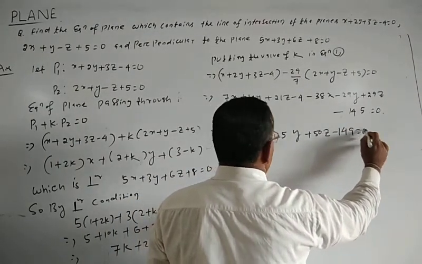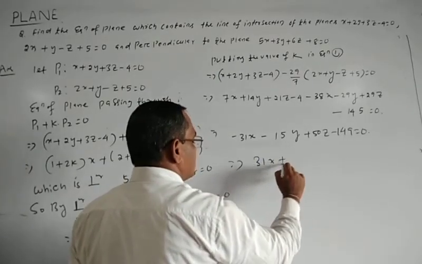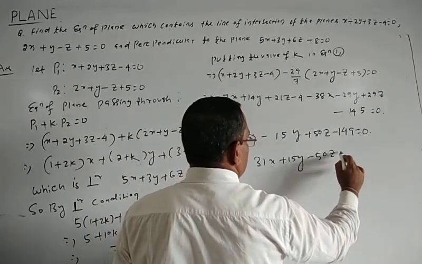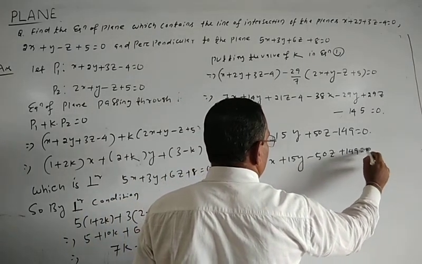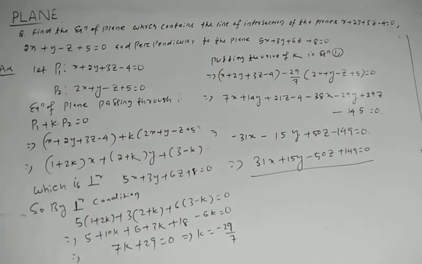Equal to 0. Taking minus common, 31x plus 15y minus 50z plus 149 is equal to 0. So this is the required equation of the plane which contains the line of intersection of the two planes and is perpendicular to another plane. Okay. Next,